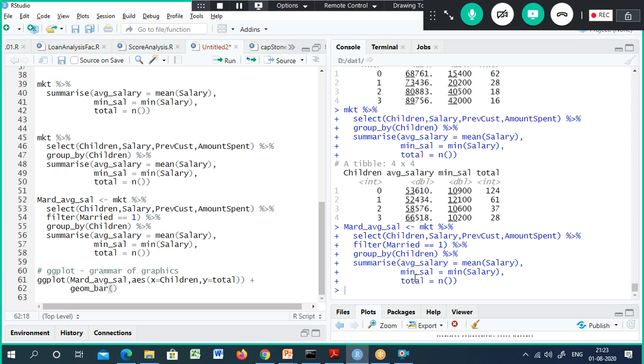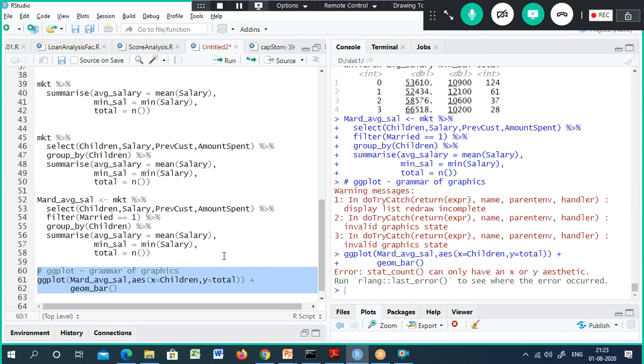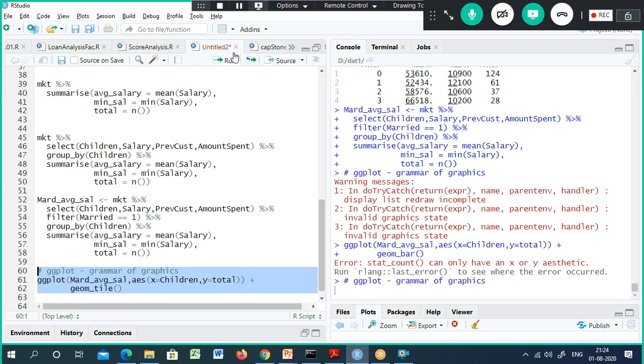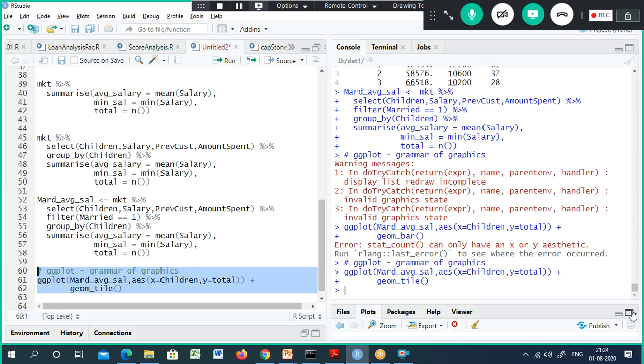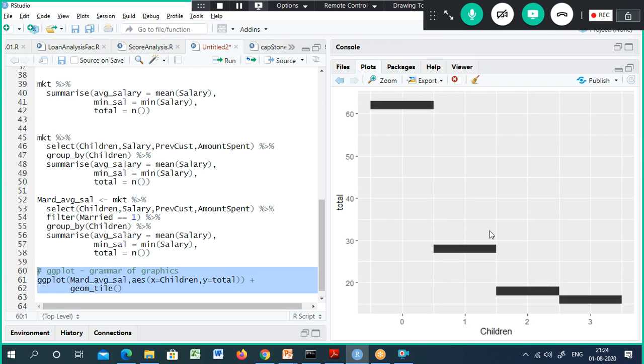Simple. The first component is the data frame, the second component is the x-axis and y-axis that you define, and the third component is the type of the chart. But here a lot of options are available. Yes, you need to specify stat count here. Instead, I'm going to use the tile function. Tile is nothing but geom_tile. It is nothing but a tree map, something like that. It will come like this. Okay, tree map, so this is the one.